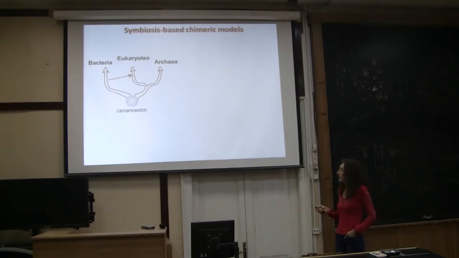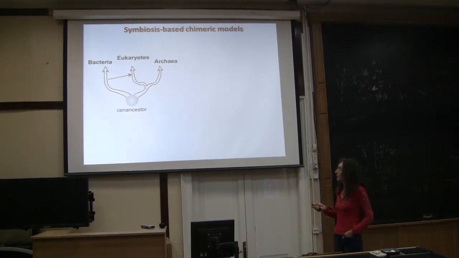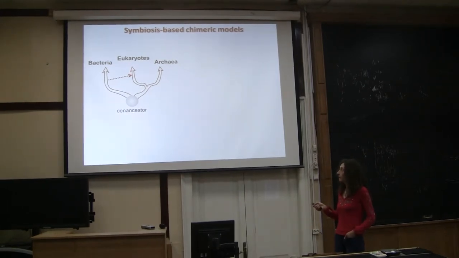There are summarized here. So there was a common ancestor, a universal ancestor, bacteria on the one hand, and Archaea plus a proto-eukaryotic lineage on the other hand that incorporated the ancestor of mitochondria. The problem is that actually there is no evidence for the existence of a proto-eukaryotic lineage that lacked mitochondria. So we don't have evidence that this type of third lineage that had all the features of eukaryotes but mitochondria